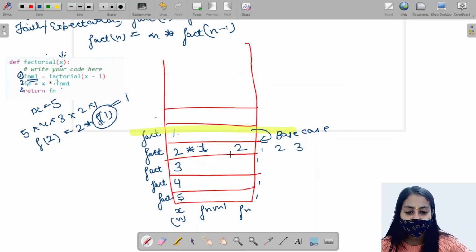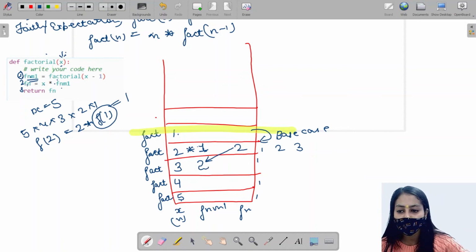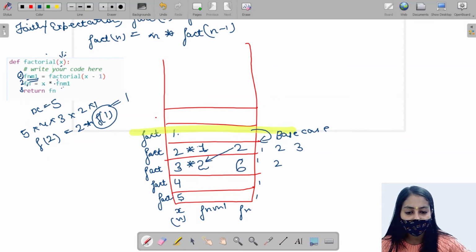Now at line number 3, this factorial of n minus 1 is returned to the lower level, that is for x is equal to 3, right? 2 is stored in the factorial of n minus 1. Now at line number 2, for the value of x as 3, the number 3 multiplies itself with factorial of n minus 1 and the result is stored in factorial of n, right? So 6 is stored in factorial of n, and at line number 3, 6 is returned to the lower level,